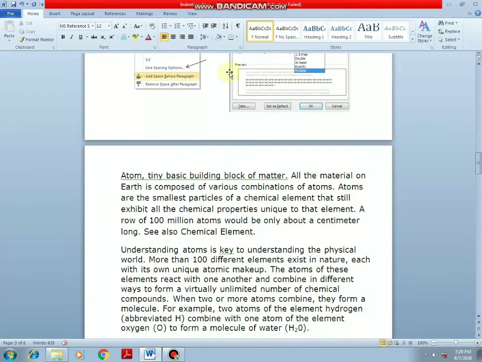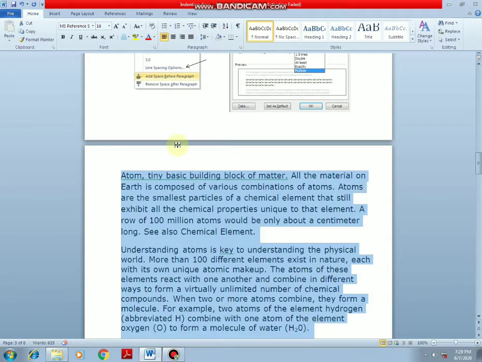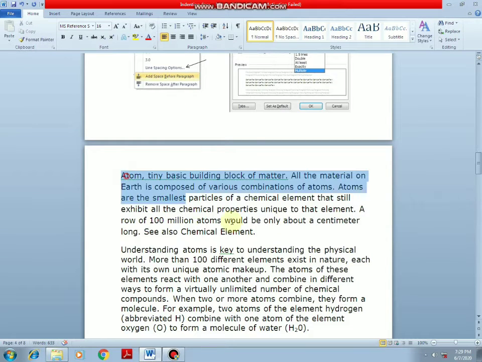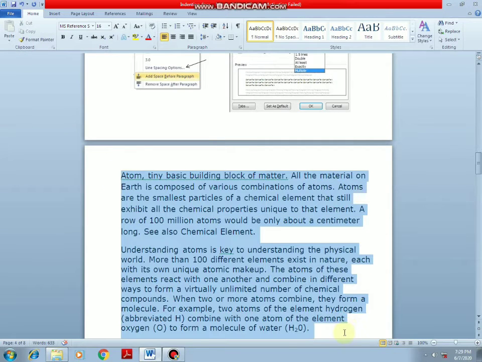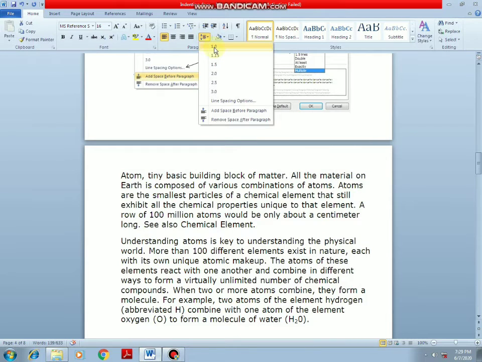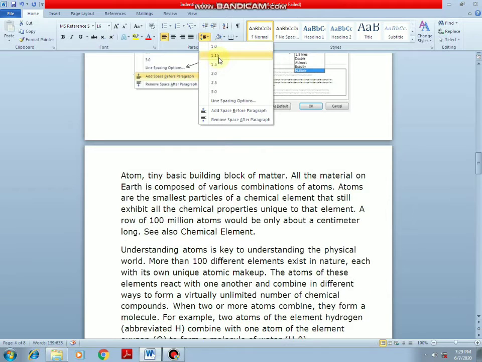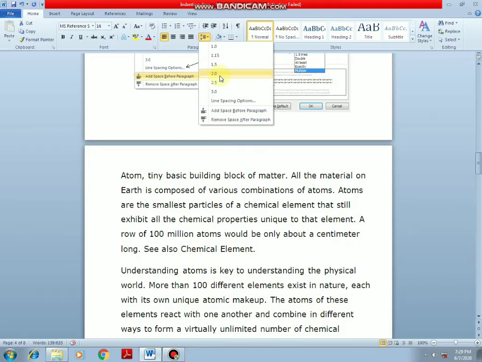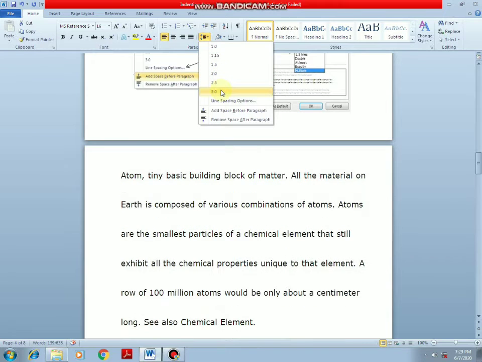Okay, after that we study the line spacing of the paragraph. There is an option, line and paragraph spacing. In this operation, we select the whole item or a single paragraph or a single line. If we select the item and set the spacing as we want, like 1, then the spacing between the text is 1; if 1.5, the space between is 1.5, then 2, different types of options.